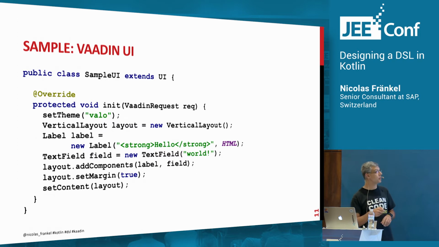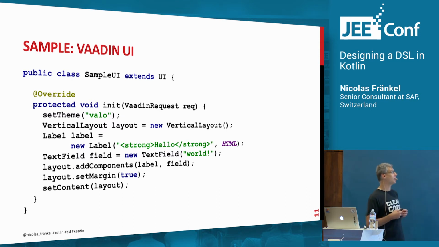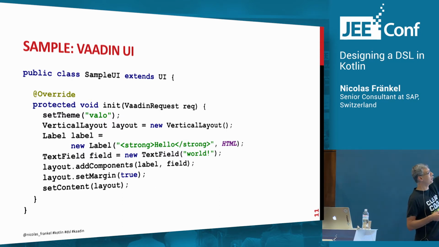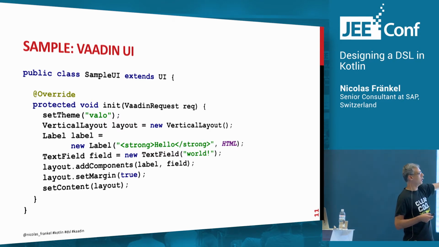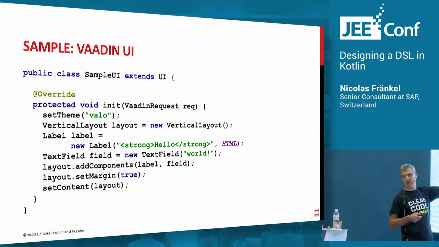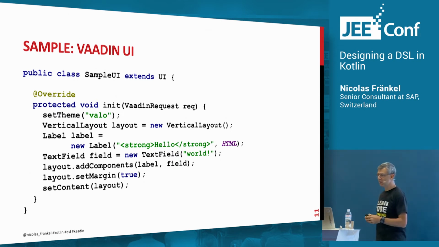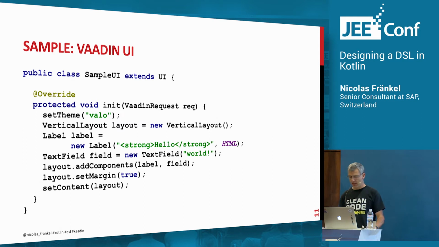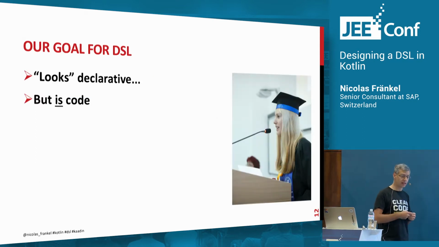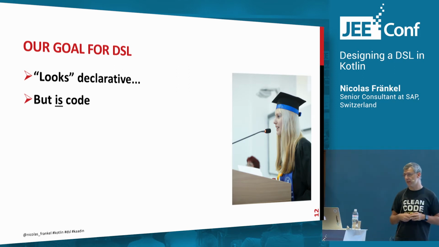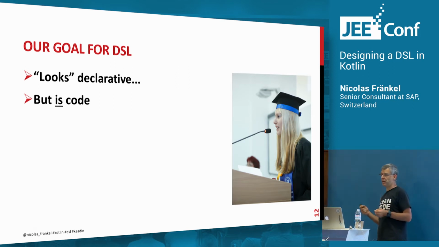So this is a sample Vaadin UI, and even if you have never seen any Vaadin code, you can understand that first I set a theme, then I create a layout, I put stuff in the layout, and I set the contents of the screen as a layout. That's pretty straightforward. So our goal for the DSL, the Vaadin DSL, is that it will look declarative,